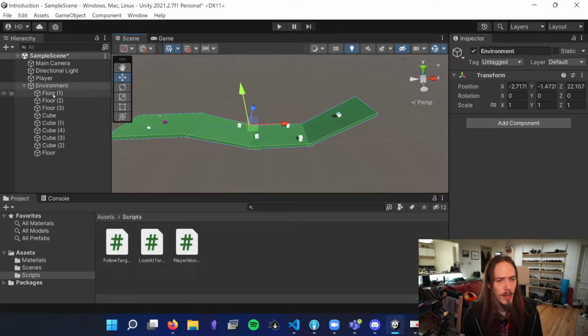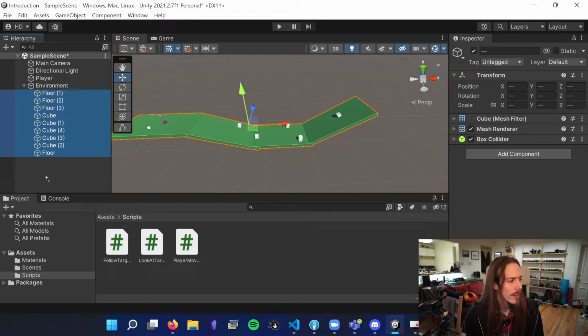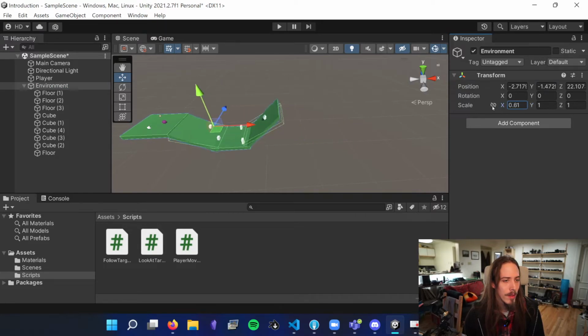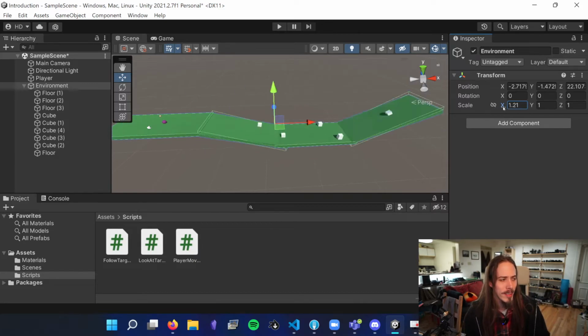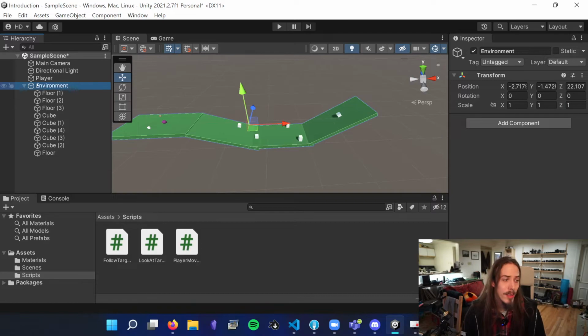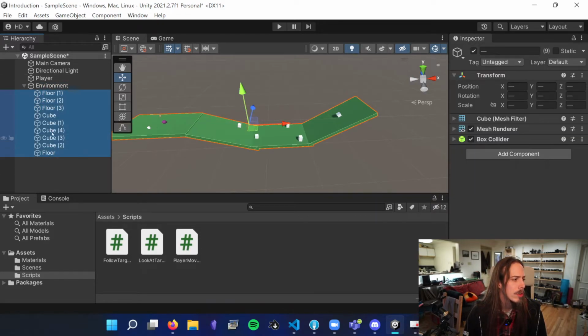But we want to be careful when we use objects to organize, because if I scale things here, it's going to get really wonky. It's not going to scale around its center. It's going to scale around some other point. Well, it's going to scale around the object's center. But we need to make sure